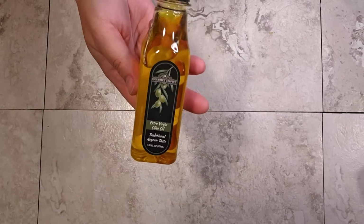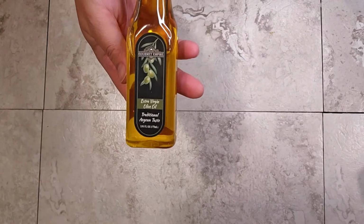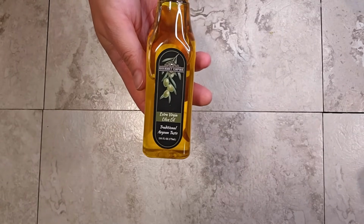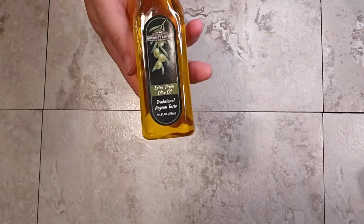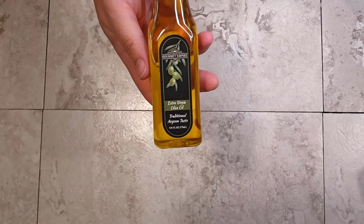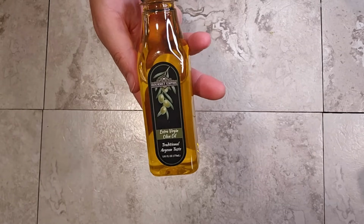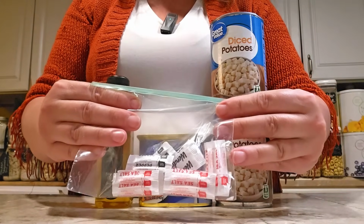The other thing you could do with the oil is just assume that you're going to have oil on hand in your kitchen, or whoever makes this meal is going to have oil on hand in their kitchen. A lot of people just assume things like oil, salt, and pepper are always going to be available. I just don't like to assume that, especially because I know a lot of people give these as gifts or give these as blessings to people who are in need of a meal, and you never know what they're going to have on hand. And of course, I am going to add some salt and pepper packets